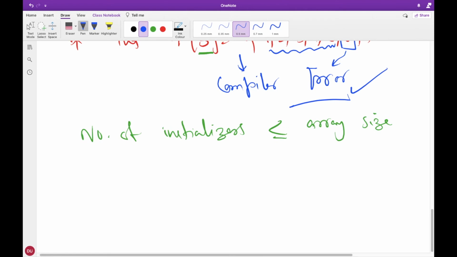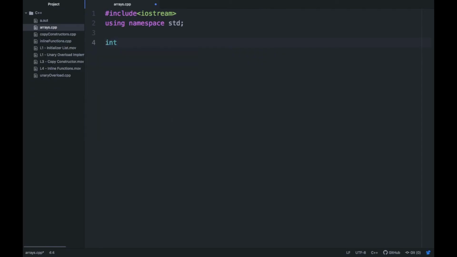Okay, now try to see everything in action and execute the program. So let's create a main function. Everything we are writing here is a C style array. So make it int n, and then we have a size of 10. Now I'm assigning 10 elements to it.